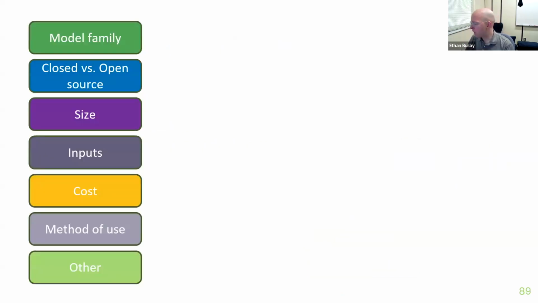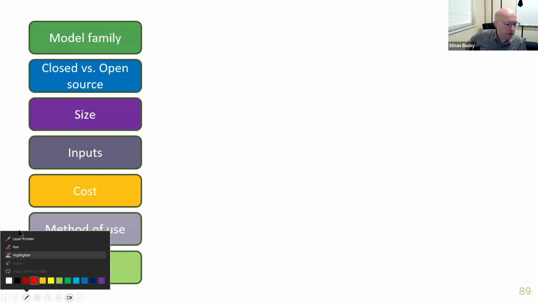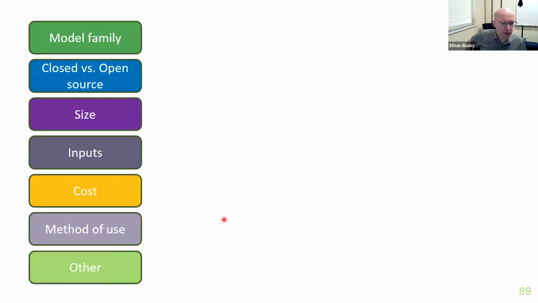So some things that we might want to consider, and I'm going to walk through each of these in turn, are the model family, whether it's closed or open source, the model size, the kinds of inputs the model can take, how much it costs, and the way we can interact with it. There's a series of other issues as well we might want to consider. So, starting with model family,